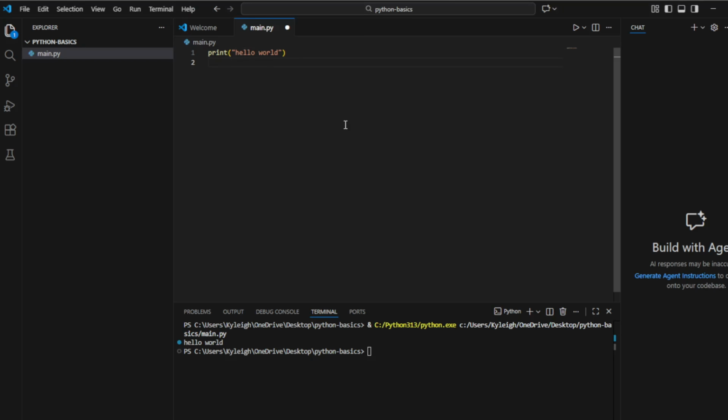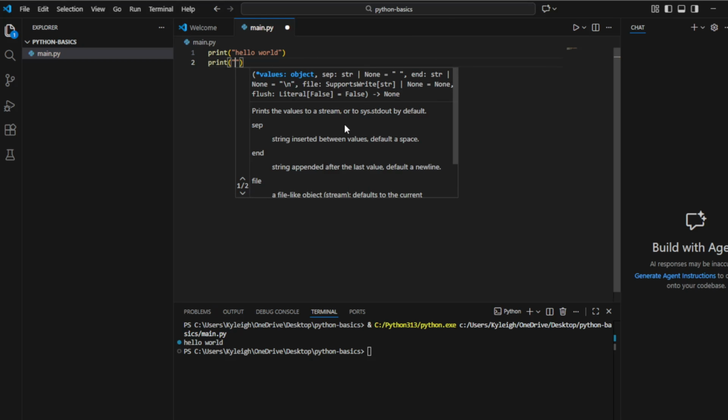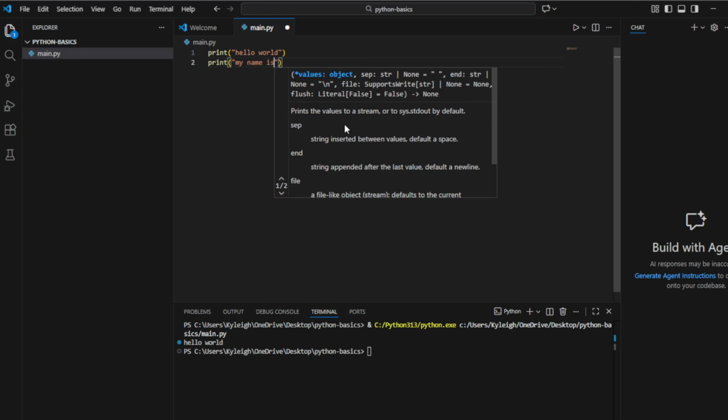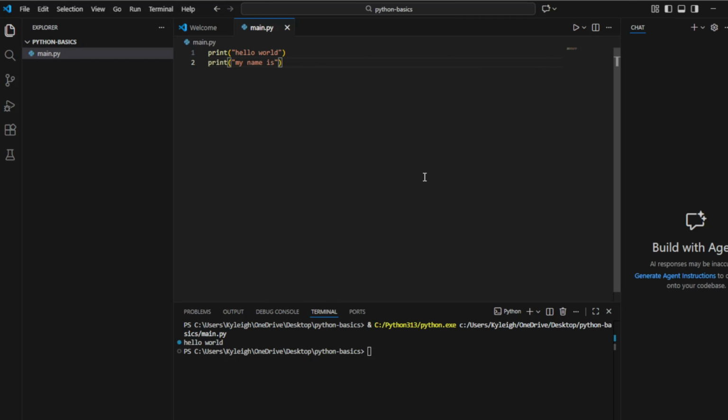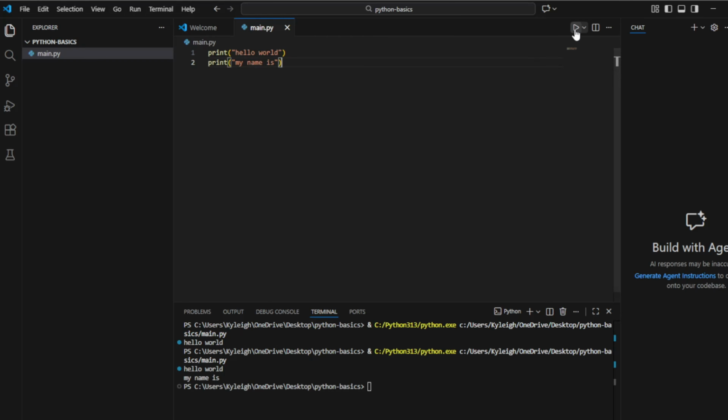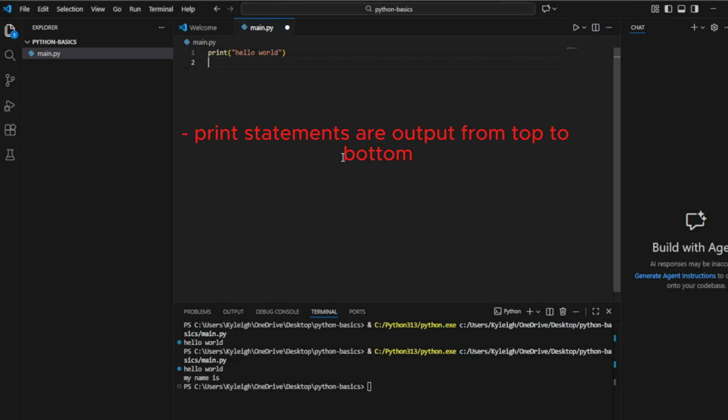So we can have multiple print statements, and Python is going to run them one line after the other. So if I wanted to print out my name is, save the file, click Run, and you can see that it prints out hello world and my name is. Now it's important to realize that since hello world comes first, it's going to print out first in the terminal. So if I take print my name is, and I move that on top of hello world,